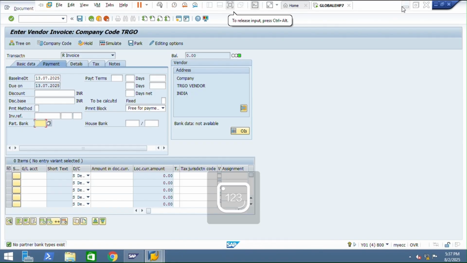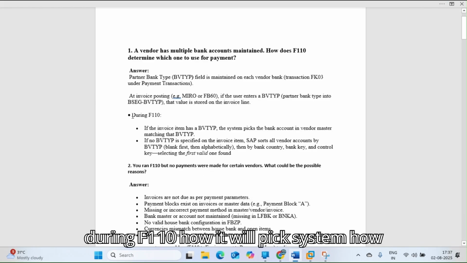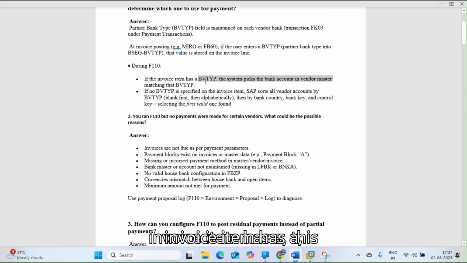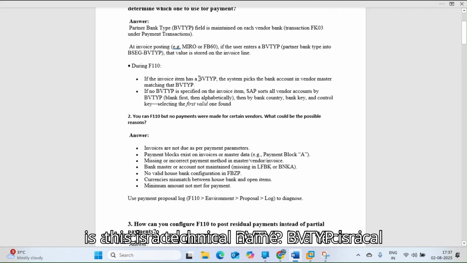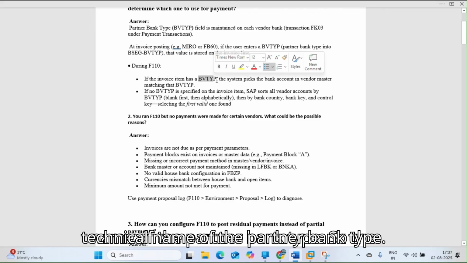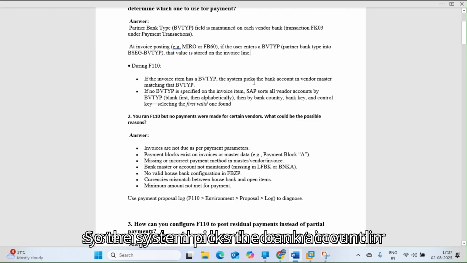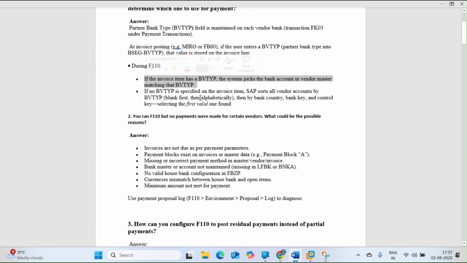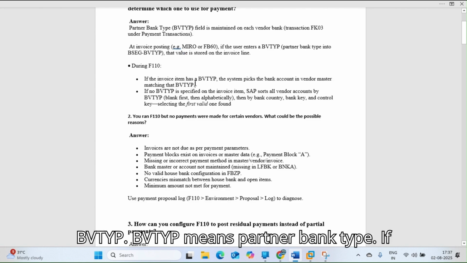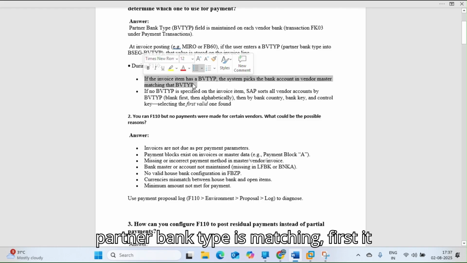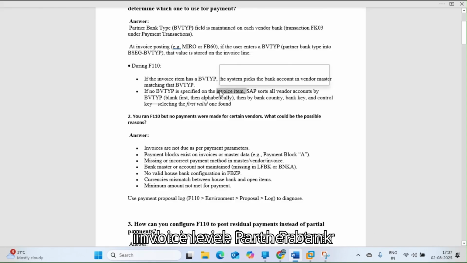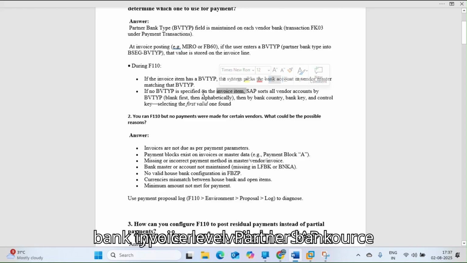And during F110, how will the system pick, how does it behave? First, if the invoice item has BVTYP, this is the technical name of the partner bank type, the system picks the bank account in the vendor master matching the BVTYP. BVTYP means partner bank type. If the partner bank type is matching, first it will check from the invoice level. If no BVTYP is specified in the invoice item, so at invoice level the partner bank type is not available,